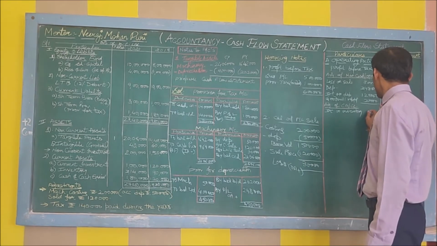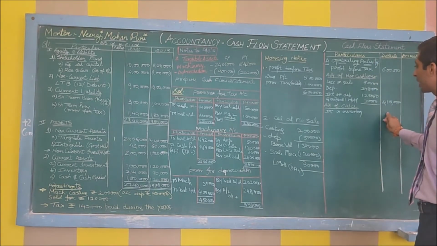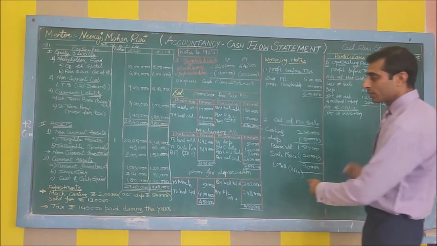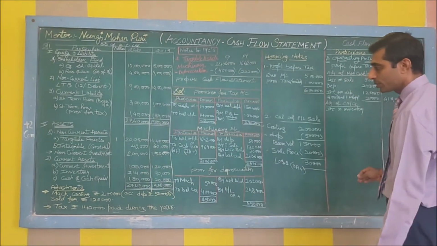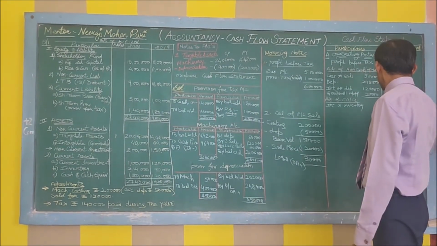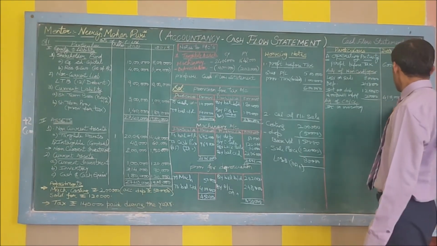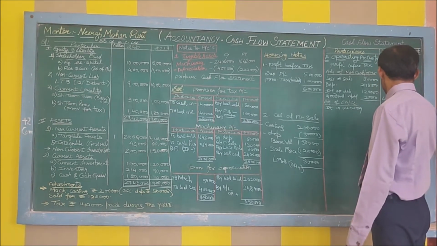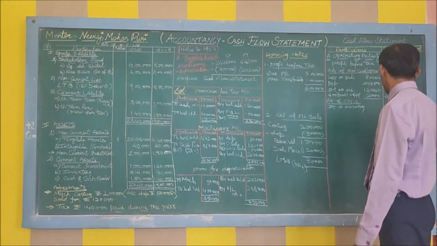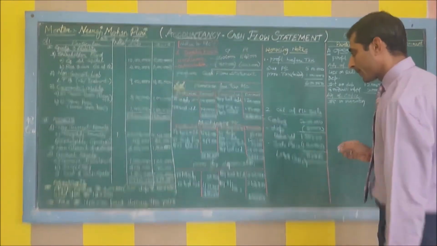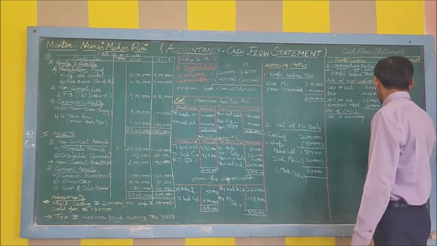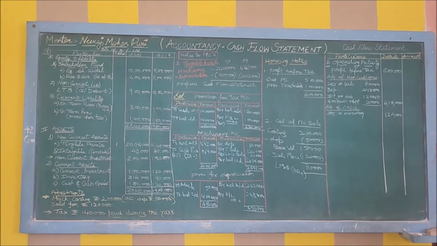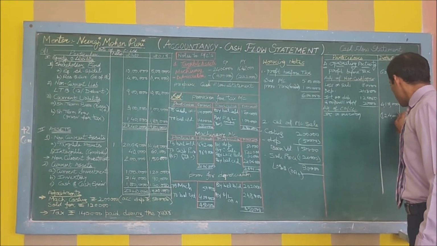It is a negative value. Since it is a single value, you can even directly show it outside. If there are multiple items, we need to show them inside and take the total. If there is only one item, show it directly. So it will be 1,24,000. This is a direct negative item, 1,24,000. This is minus because it is increased.